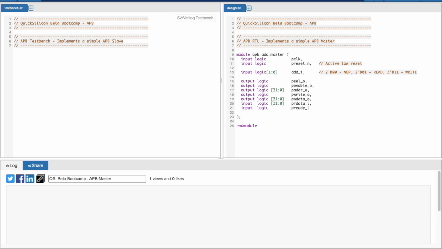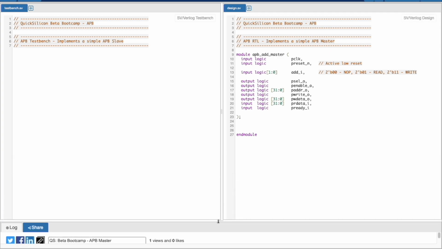Okay. So the first thing we will do is implement our APB master state machine, because that is the most straightforward thing to do, and I'm sure that we will be needing that. So let's first implement it, and then we will see how we can assert PSEL, PENABLE, and the different signals. So we know that it will consist of 3 states.